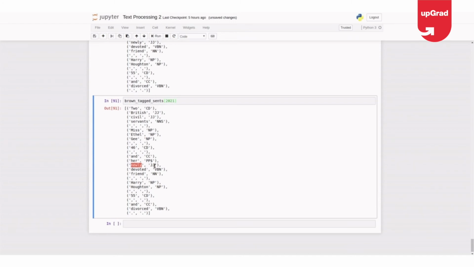So I can say it was more accurate. How much more accurate? Let me see. My bigram tagger dot evaluate my test set.